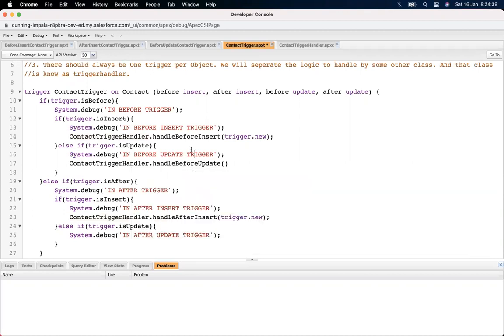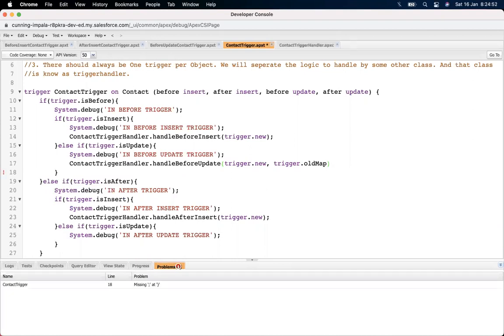Contact trigger handler dot before update, and in this we need to pass trigger dot new as the new instance and trigger dot old map, so that it will get the old value on the basis of ID.